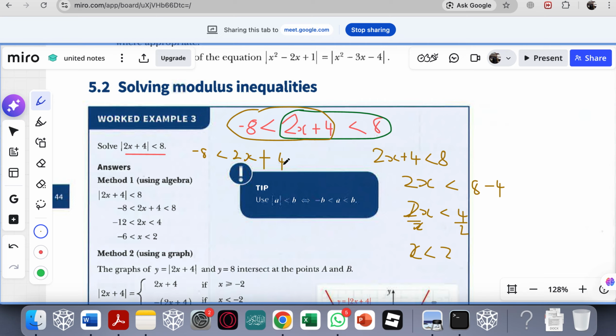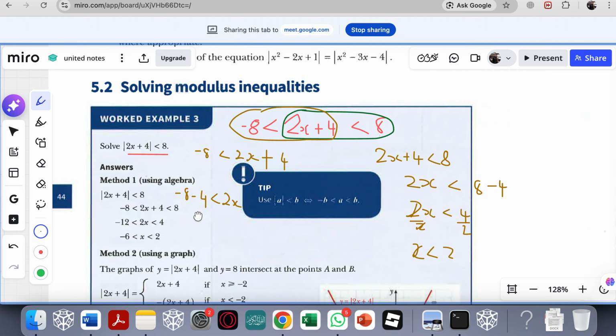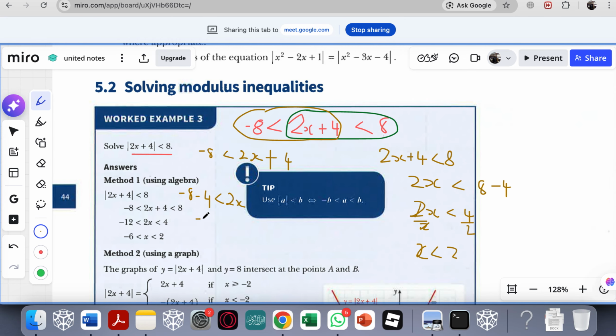So now we collect like terms. We bring positive 4 to the left, it becomes minus 4. So now we have minus 8 minus 4 is less than 2x. Minus 8 minus 4 is negative 12. So you write negative 12